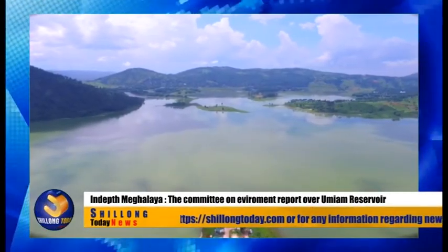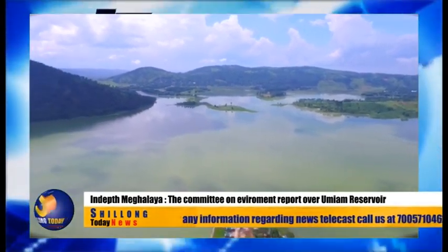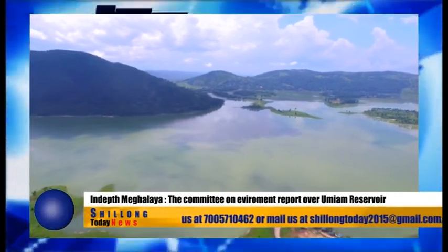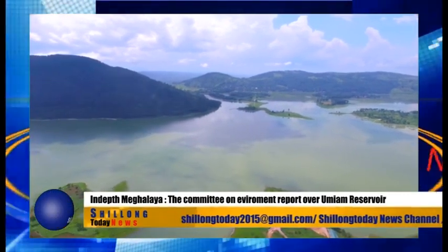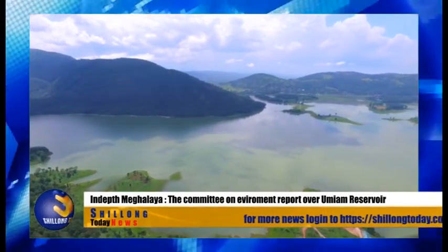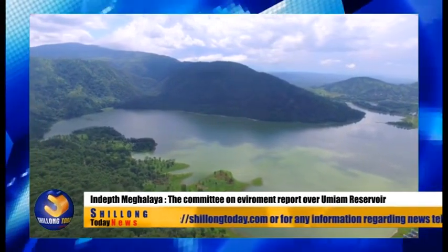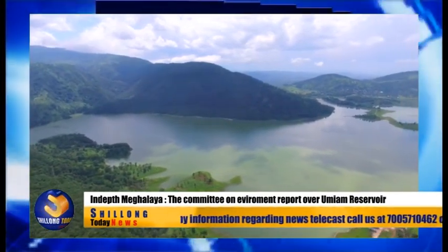The Committee on Environment, led by its chairman, Mr. S.K. Sun, MLA, and accompanied by other MLAs who are members of the committee, including officials of the Assembly Secretariat, officials from MEECL, Forest and Environment Department, Meghalaya State Pollution Control Board, made a spot inspection of Umiam Reservoir on Thursday, July 18, 2019. The Umiam Lake is an artificial storage reservoir created through the construction of the RCC dam